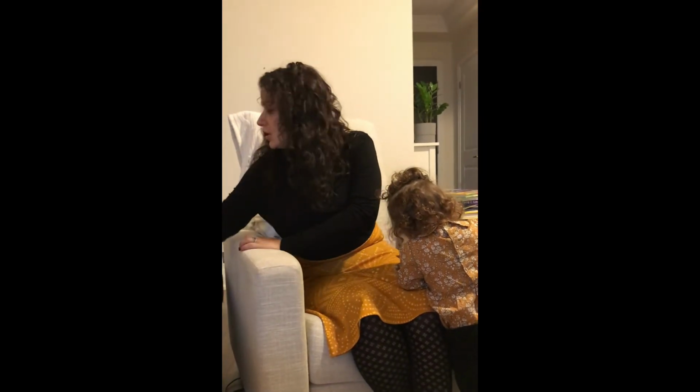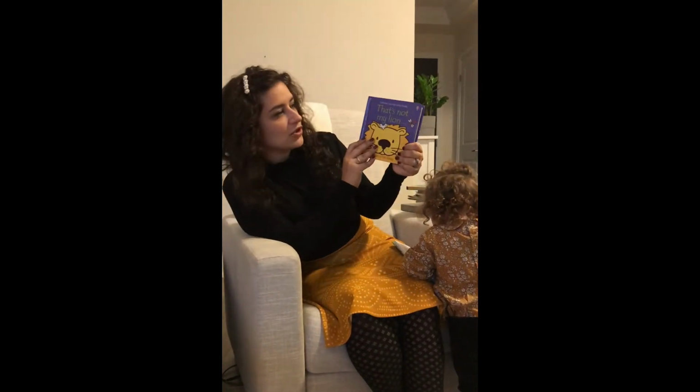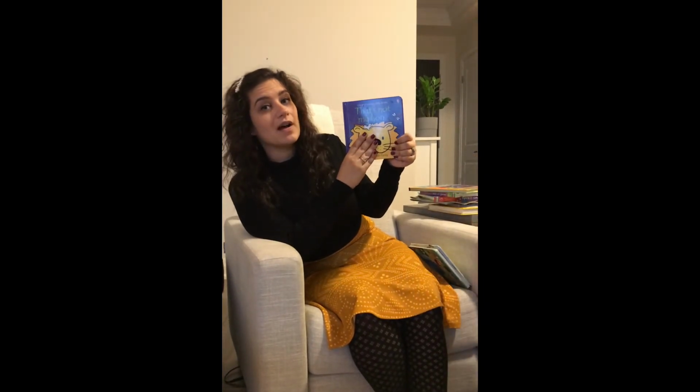Over here, probably people who are familiar with Usborne or have heard of Usborne have seen the That's Not My series. We have lots of books, but this is actually one of the books that's part of the customer specials this particular month, which is October 2020. To unlock a customer special, you'd have to purchase books of a certain amount. That's Not My Lion, or That's Not My